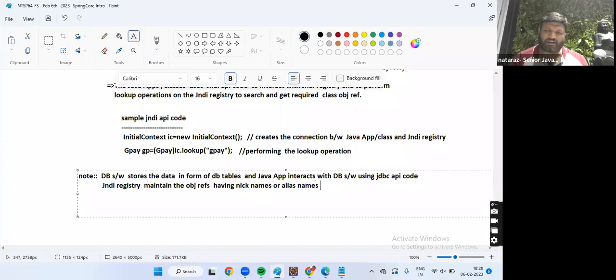Alias names are JNDI names, right, boss? To provide global visibility and accessibility to